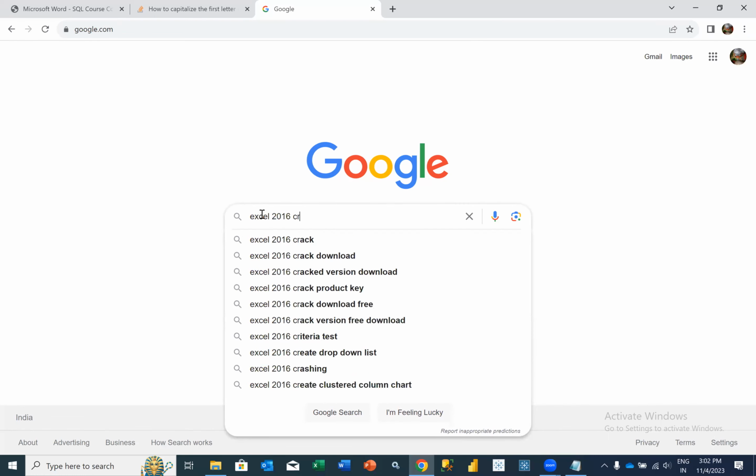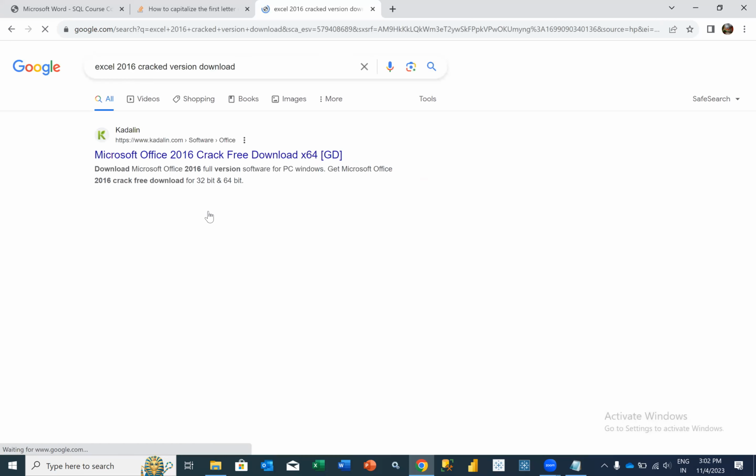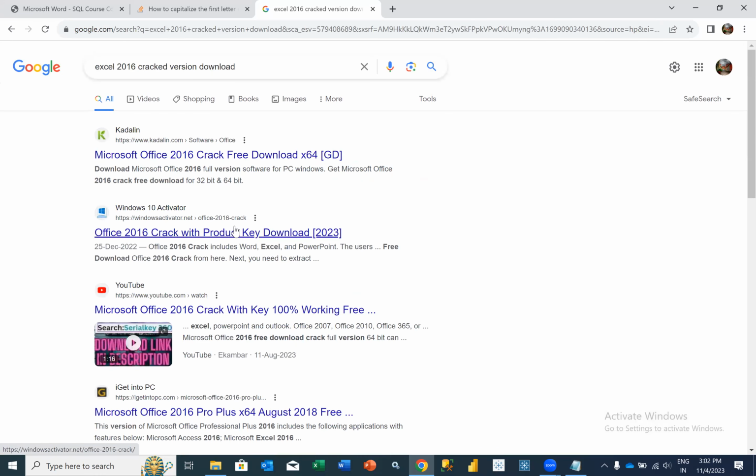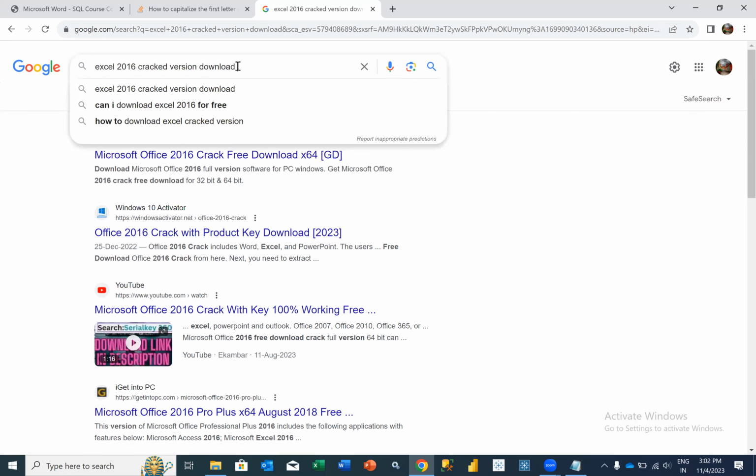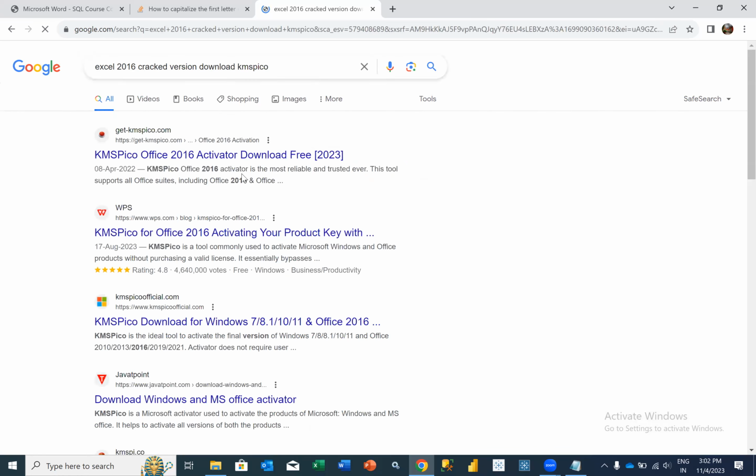Excel 2016 cracked version. You'll get something called KMSpico, like that. Actually, this is my personal laptop, so I have installed this one. This is a cracked version, which means it's not a licensed version. Somebody has uploaded this file. You can go ahead and install it. Please don't install it on your office machine. You may get